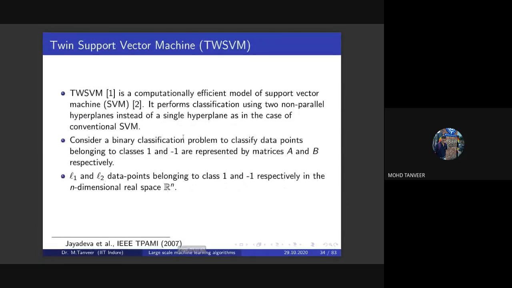So the first problem is based on Twin Support Vector Machine. This is recent, introduced just around 13 years ago, but it is one of the efficient models of SVM because of its computational efficiency, and its efficiency is more than standard SVM. So we'll discuss